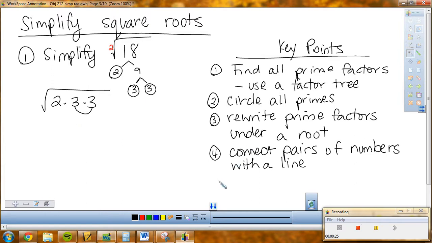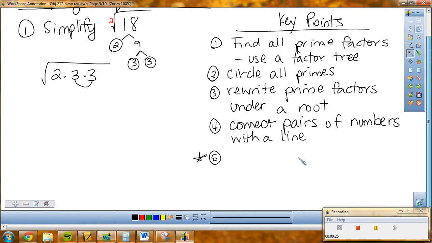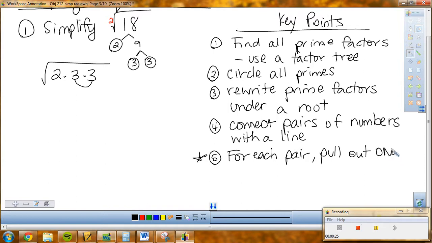Step 5, the important part of simplifying. This is also where we make some mistakes, so we need to make sure that we're really being careful with step 5. So for each pair, you pull out one of that number in front